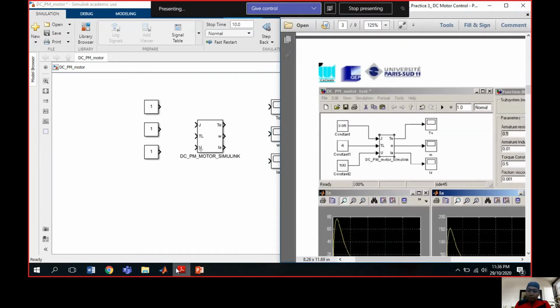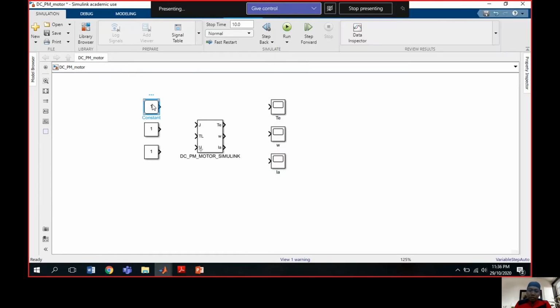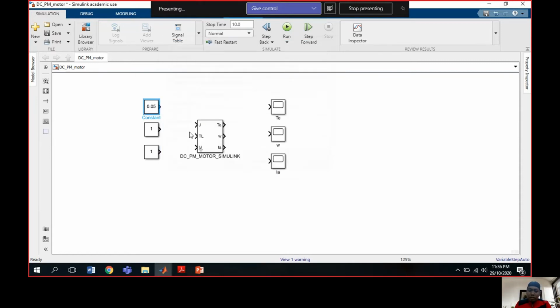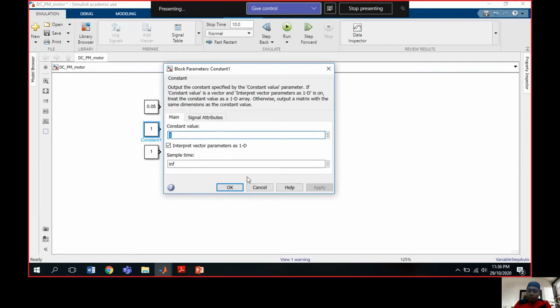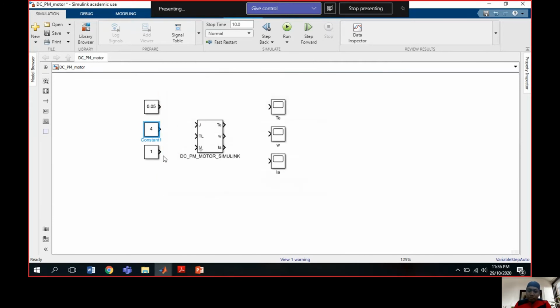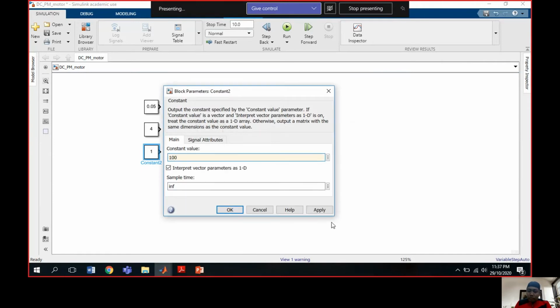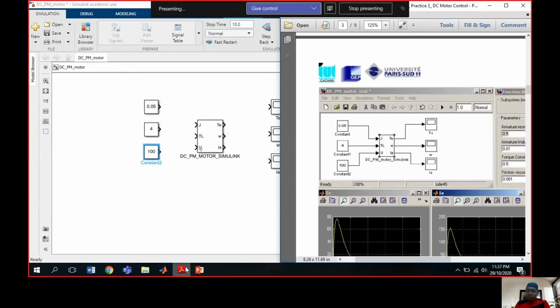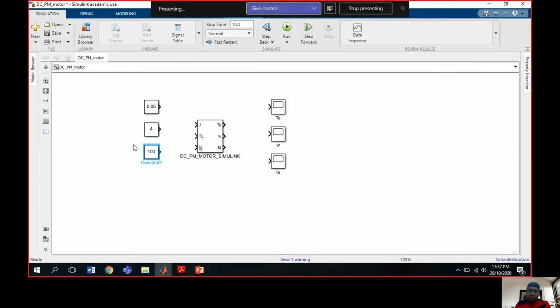So the first one, for J, is 0.05. The second one is 4. And the third one is 100. Now I will connect to this subsystem.